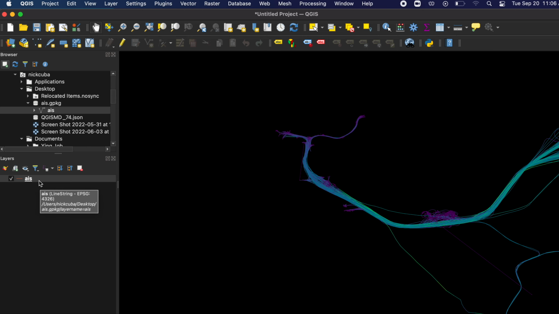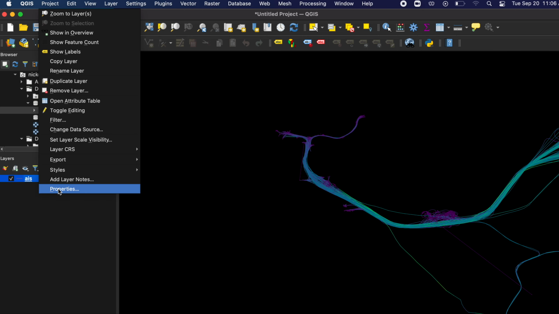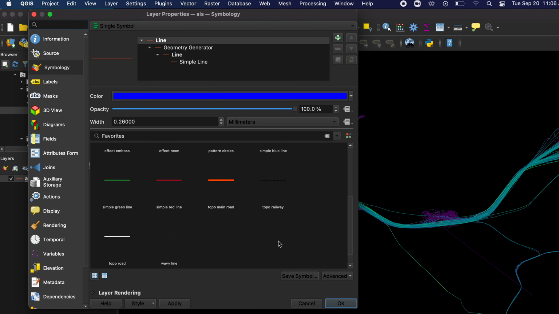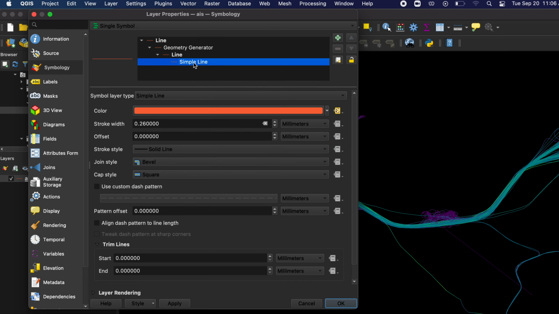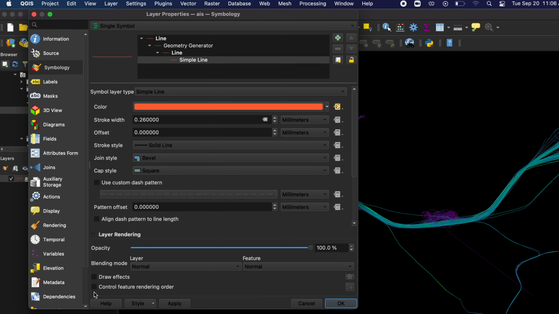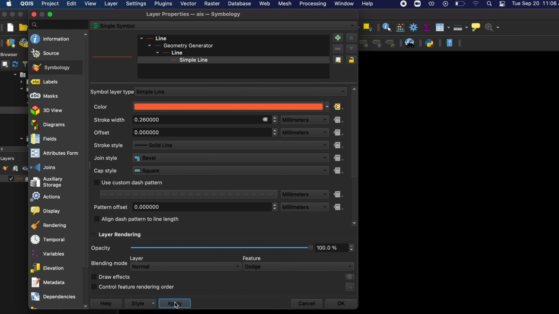But the subsection aims to be about feature blending. So we can go to Properties, down here for the simple line, Layer Rendering, and we'll go to Blending Mode, over to Feature, and then they have us do Dodge. So if we apply that,